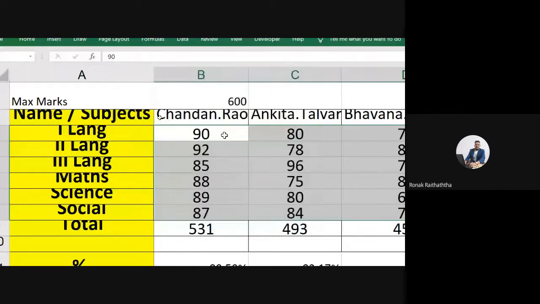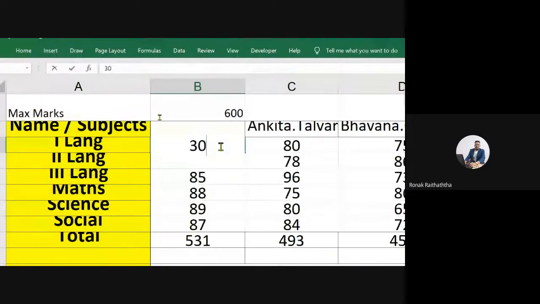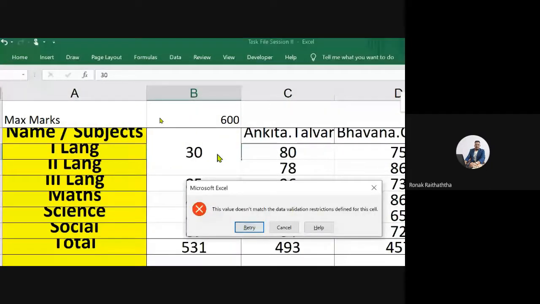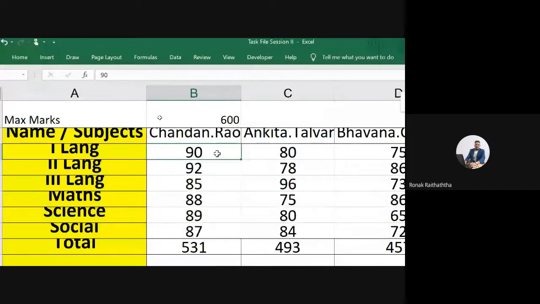And my friend, even in this table, if you try to insert some marks, say less than 35, 30 here, it's again restricting me. So the validations can also be pasted, that is by using the Paste Special function.